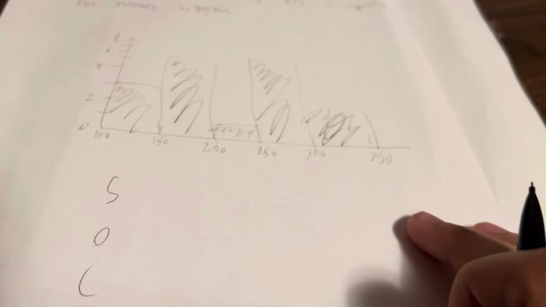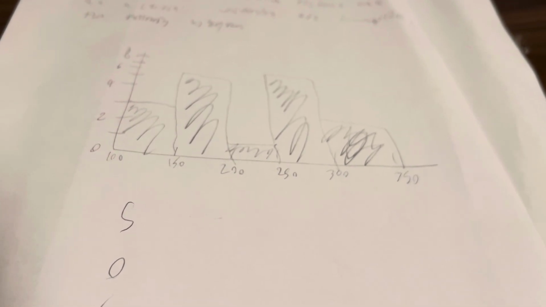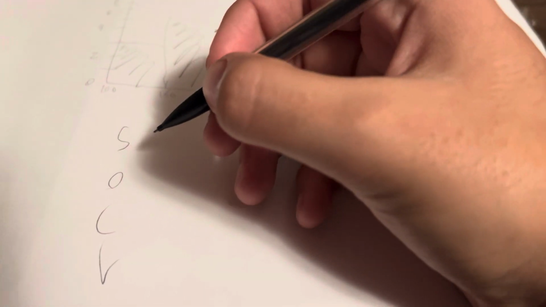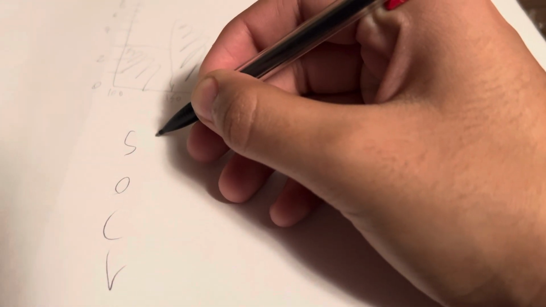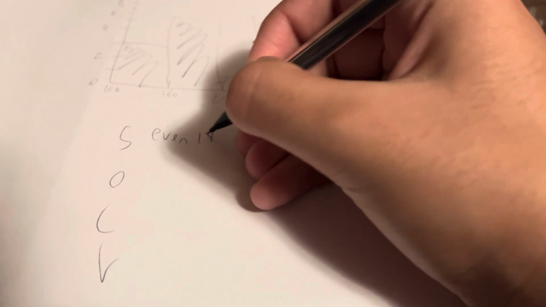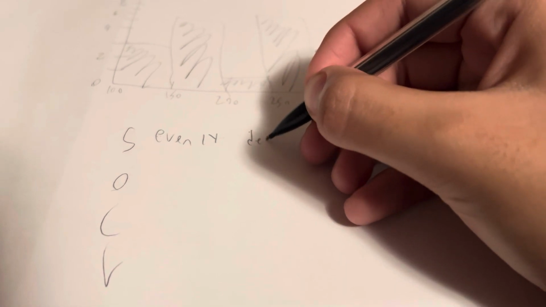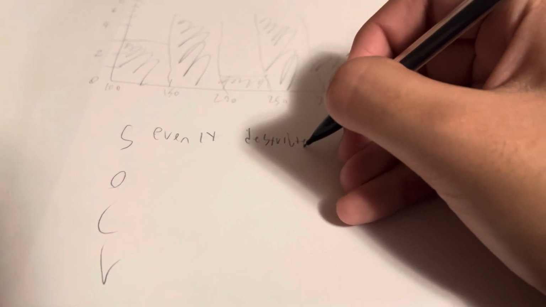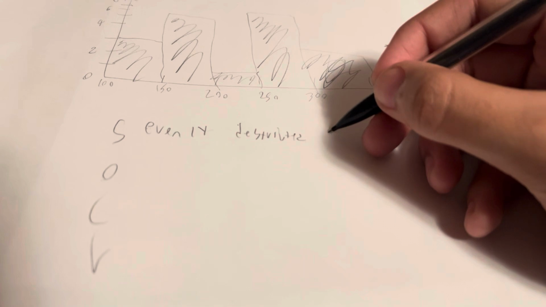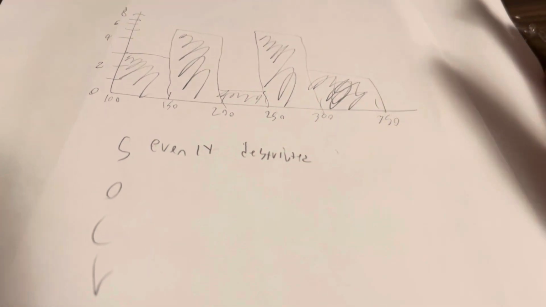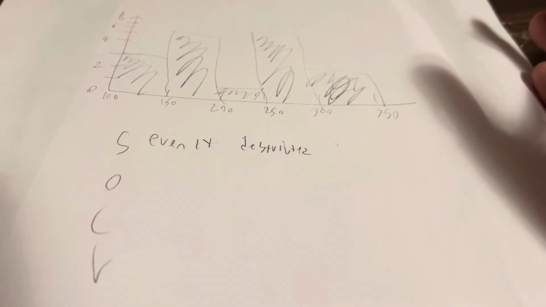So now we do S, shape. Honestly, this shape is a bit odd. You don't see this very often, but I would say, let's say evenly, have the ly, distributed. Yeah, I would say evenly distributed, because it's kind of like even, basically. That's fine. Oh, outlier. I wouldn't say there would be an outlier on here. It seems pretty even, so I would do